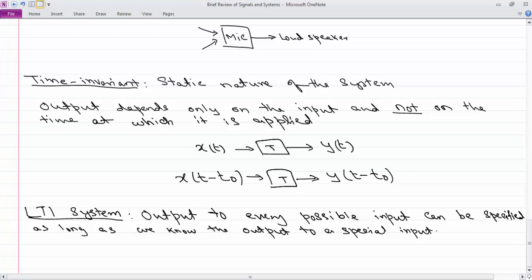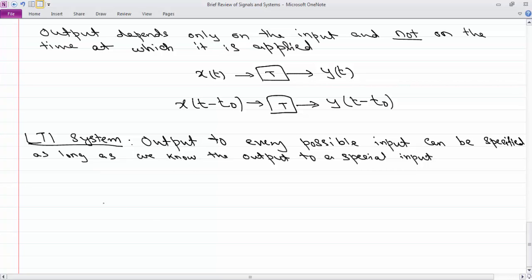This is a property of LTI systems only. If you know the output to a special input, you can actually specify the output to every possible input. That is really amazing if you think about it. So what is that special input? That special input is called